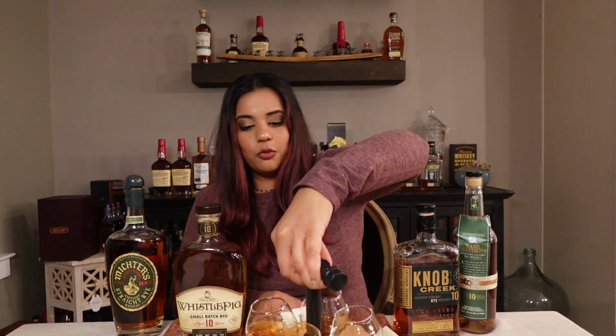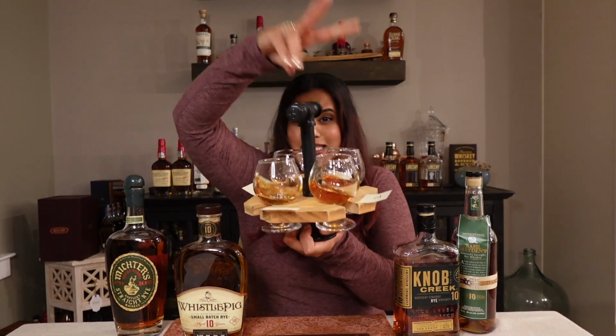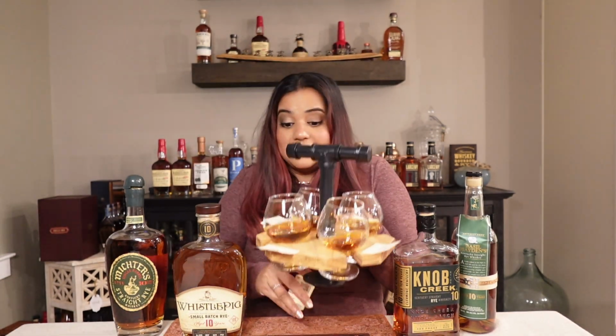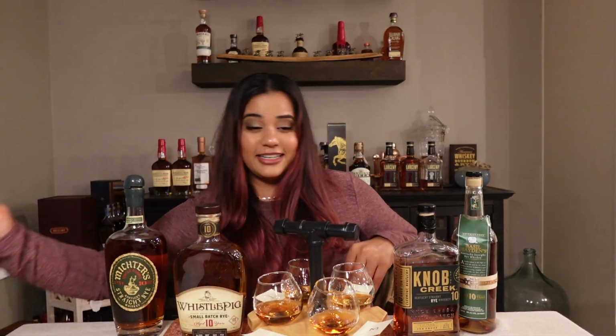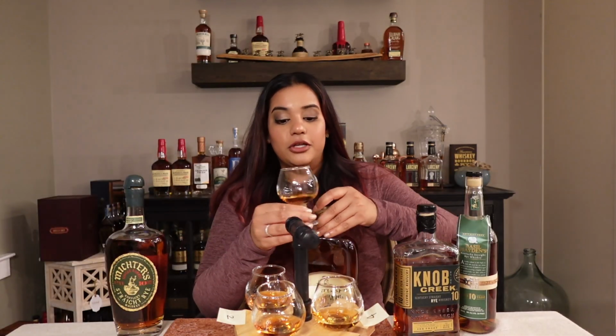So I'm gonna start from 1 and go to 4. And then I'll just let you know which is the best one. Also, I think if people are really handy, you probably can make this for like $5. Like I said, things are getting tight here, so I feel like I need a better setup because I'm trying to maneuver. I haven't figured it out. All right, move this over here. Wait, let me show you